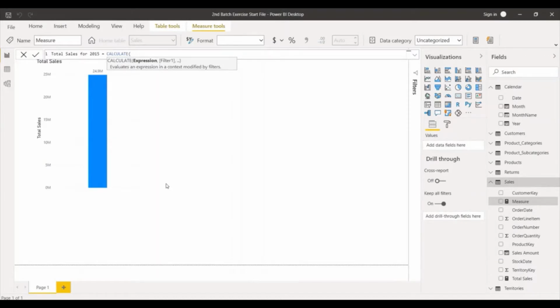What is the syntax for CALCULATE? First part is the expression, evaluated in a context modified by the filter. What we want to calculate is the total sales.